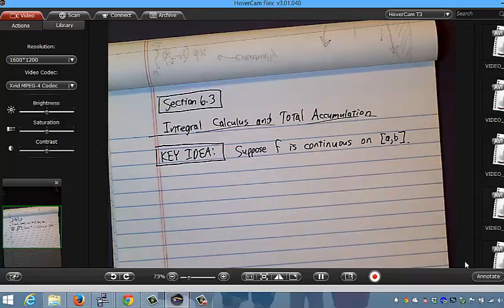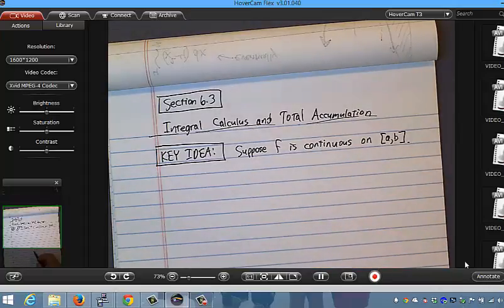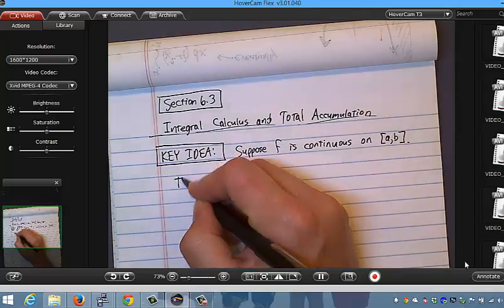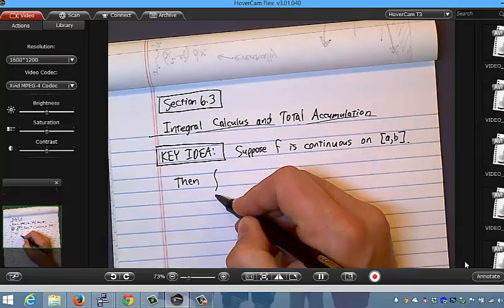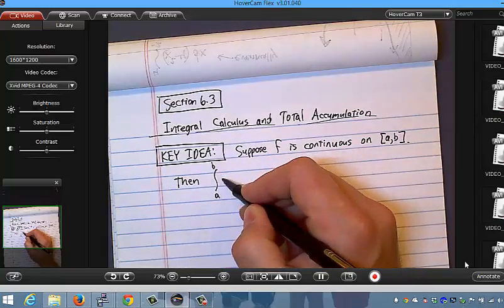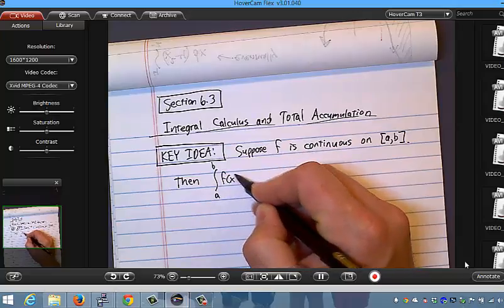But here's the other thing. If I tell you guys that f is continuous, it is, and here's the word, integrable. That means you are able to do the antiderivative. You are able to integrate, okay? So suppose f is continuous on the closed interval AB. Then, when I do the integral from a to b of f of x dx,